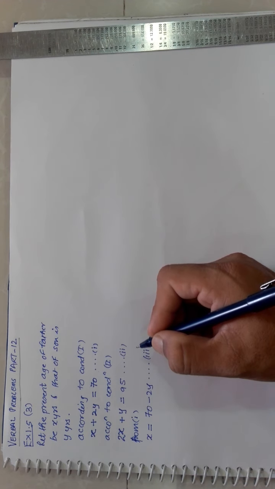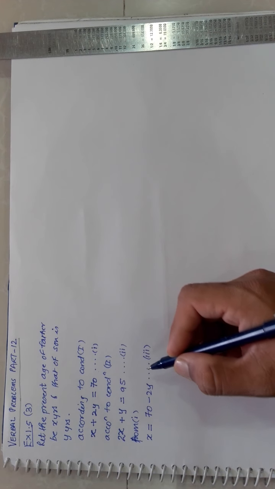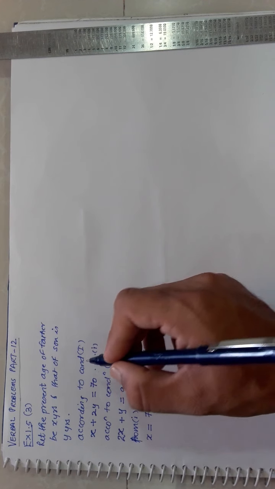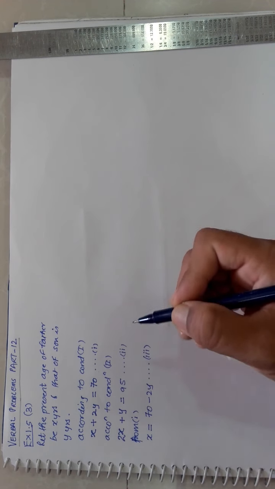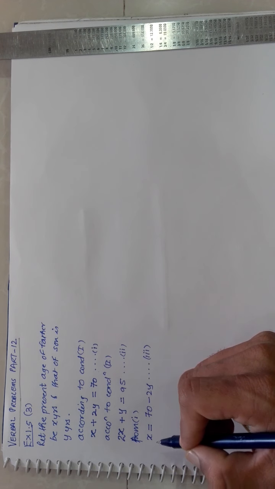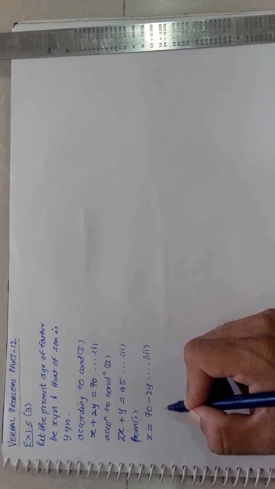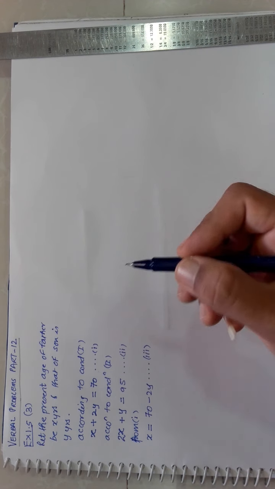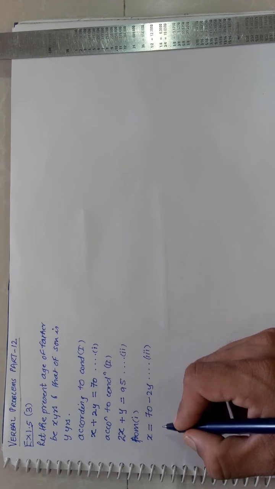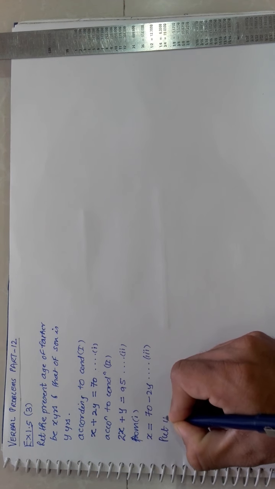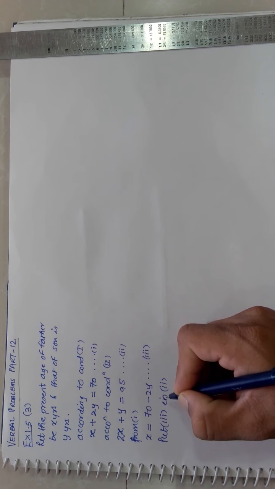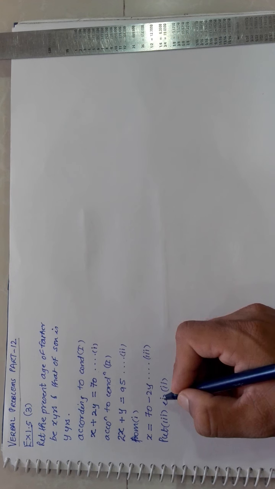Now I repeat once again, you can use your y also, but since I am using the first one, now I got the value of x. Actually it is the first one only, but since the appearance has changed, I have put a number here. Now that x which I got here, I have got it from 1. So which I have not used, I have not used the second one. So I will put this 3 in the second.